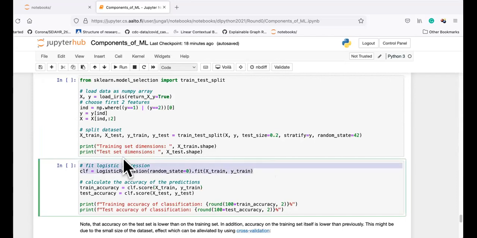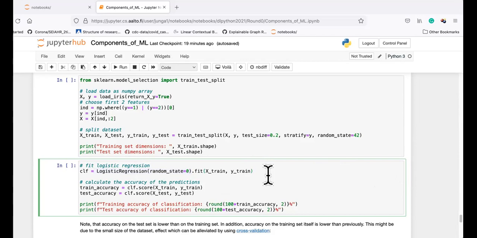This is my favorite quiz. I show you a code line and I ask you which component it belongs to. Here, we create a new object from the class logistic regression. Which component do you think we are working on here? The model, yes. What is the model used by logistic regression? What is the set of hypotheses, what type of hypothesis functions are used by logistic regression? Linear, yes, linear functions.